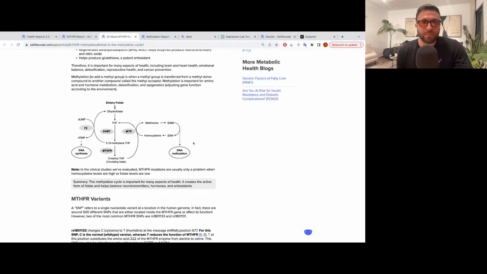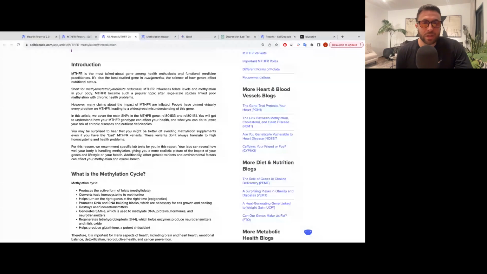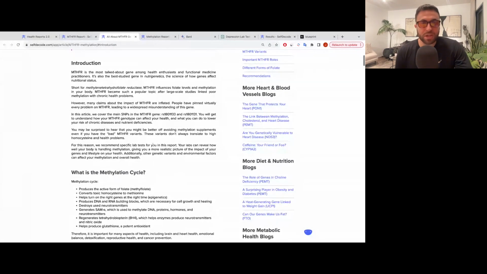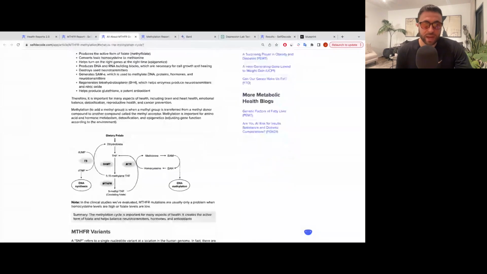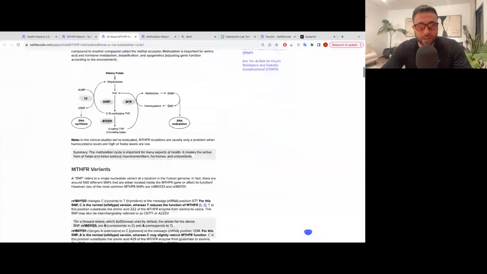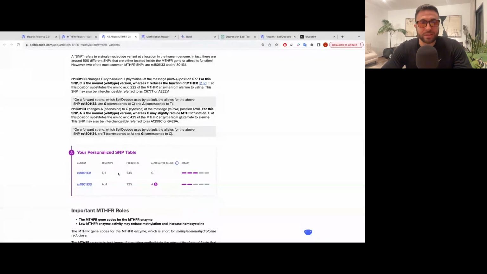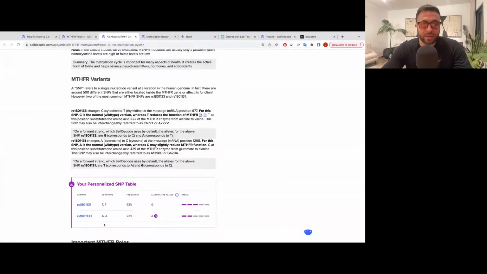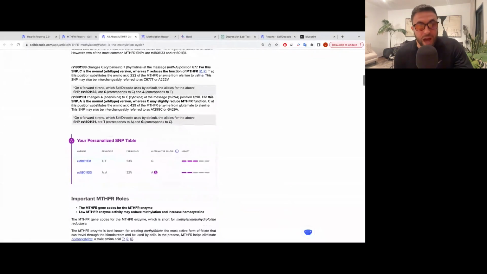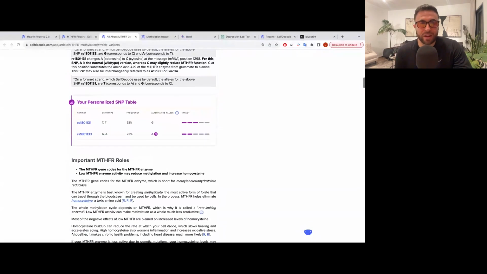Sometimes people can over-focus on just MTHFR, but MTHFR is a very important enzyme in creating methylfolate and in the methylation process in general. While it is important, some people could think it's the be all and end all. It is still a single gene. Well, there are two variants in this case. There's one main variant and then one that's a little less important. I have two of the bad alleles, you can say, for the main variant. That's the RS